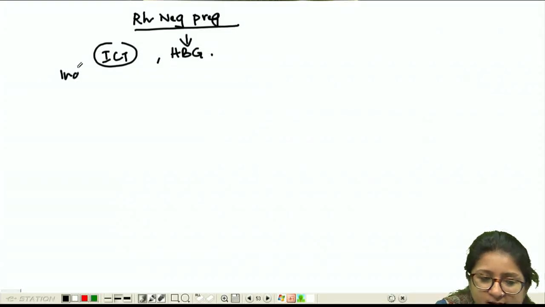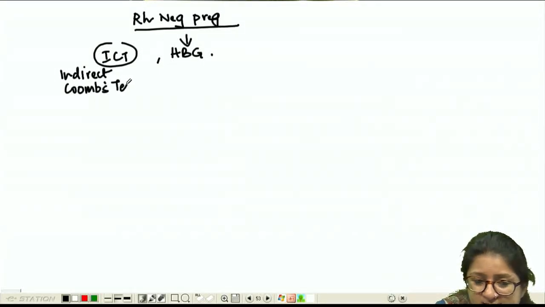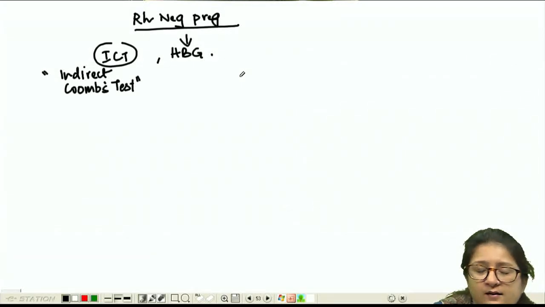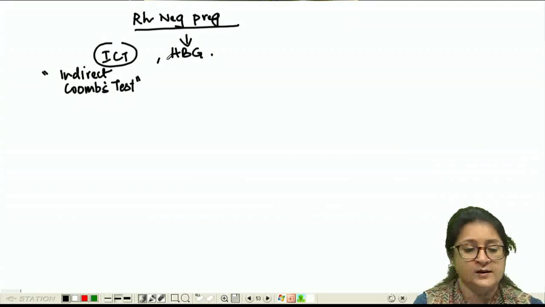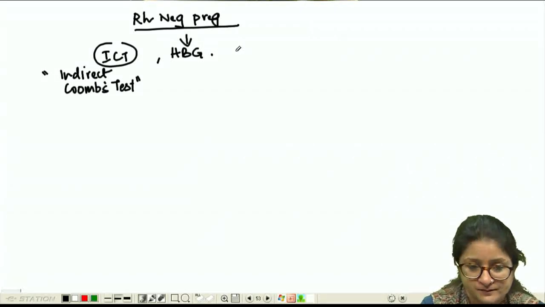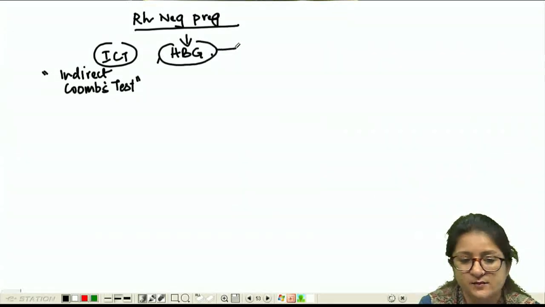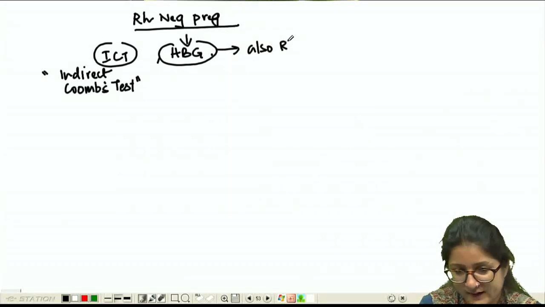ICT here is the indirect Coombs test. This is a method to see whether the woman has already been sensitized or not, whether she has antibodies against the D antigen or not, and we can test the husband's blood group. Now if the husband's blood group is also RH negative,